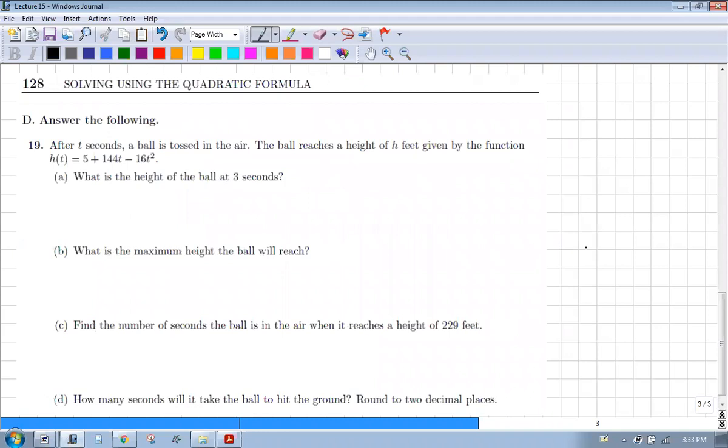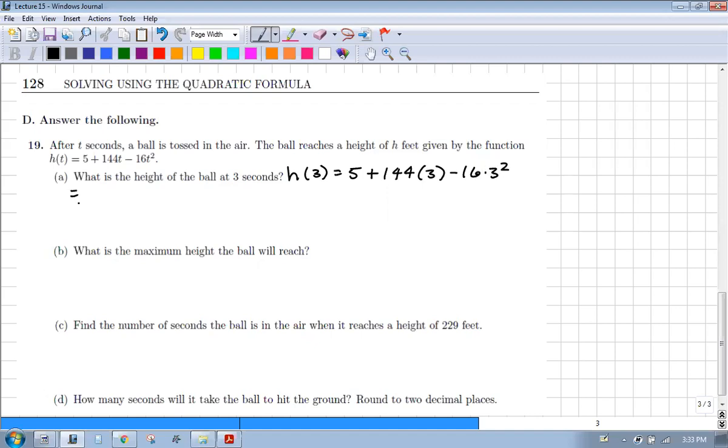All right. After t seconds, a ball is tossed in the air. The ball reaches a height of h feet given by the function h of t. What is the height of the ball at 3 seconds? Well, we just plug in 3 into our equation here, our function. Our function tells us the height at a given time. So they want to know